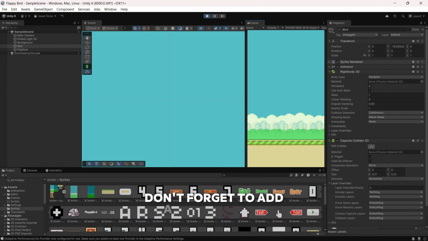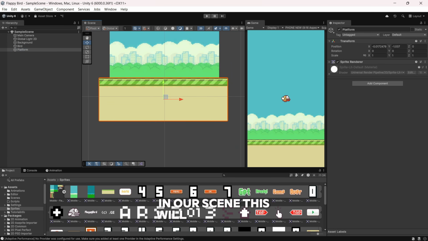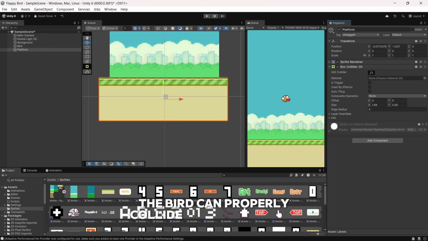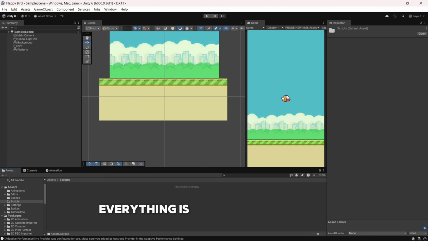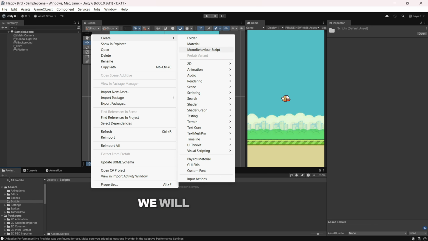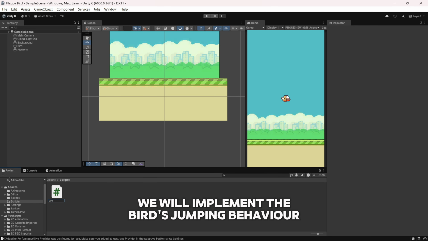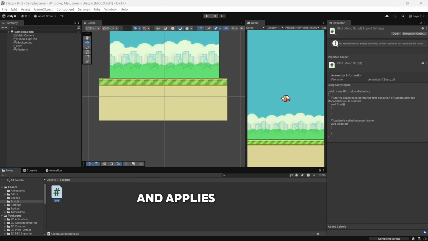Don't forget to add a Box Collider 2D to the platform in our scene. This will ensure that the bird can properly collide with the ground instead of falling through. Let's run our game and test it. Everything is perfect. For jumping, we will implement the bird's jumping behavior in our code and apply an upward force